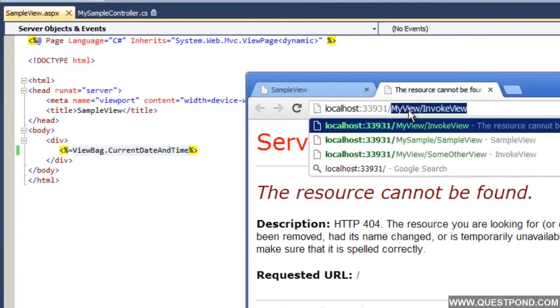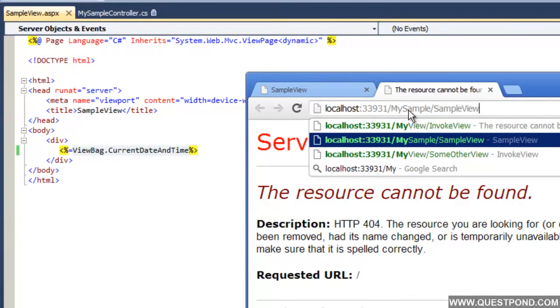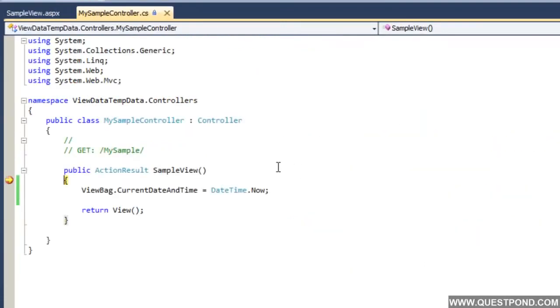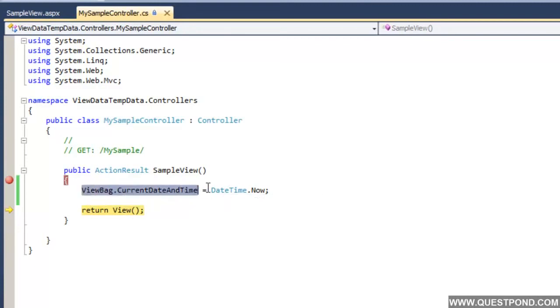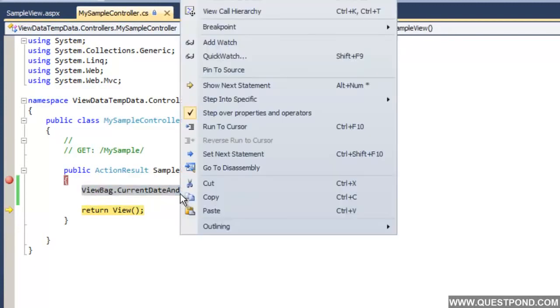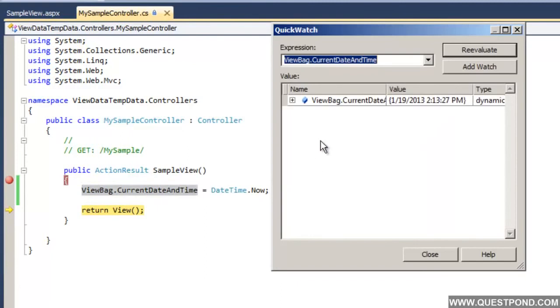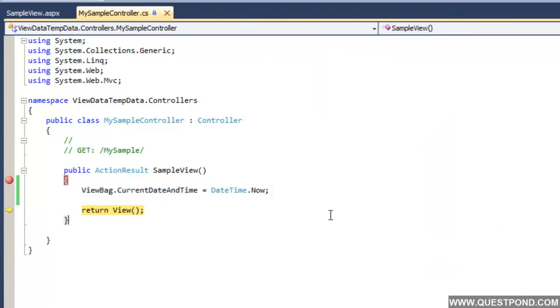So my sample and sample view, and there it goes. Now you can see how our ViewBag variable is getting set here. So you can see now the ViewBag variable. If I do a quick watch here, I can see the current date and time set.